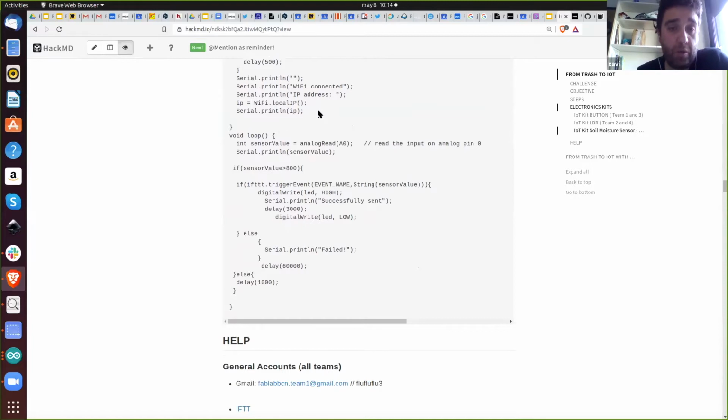in your code, select when you want to send the message. In that case, it was for an LDR sensor, and then I use this function trigger event, where I pass the event name and the value of the sensor. If you want to send more than one value, then add a comma and the other value. Okay, and that's all. Once you have it, you put it in your code,